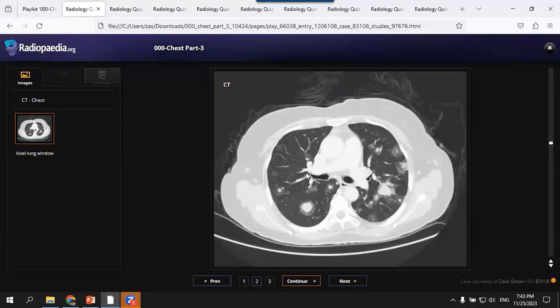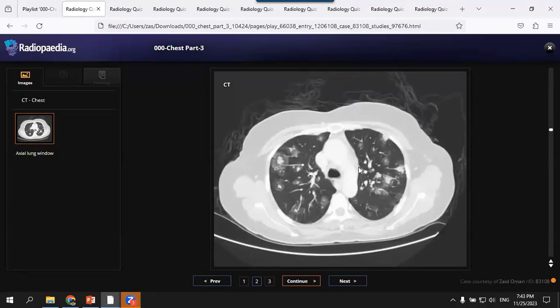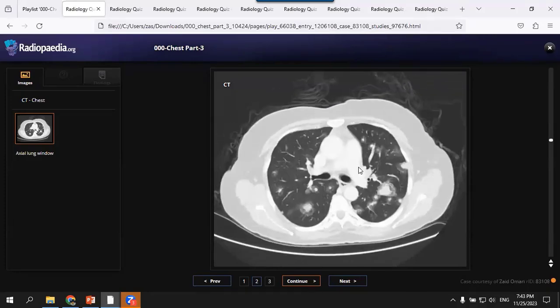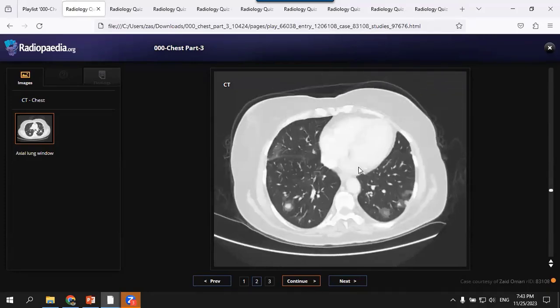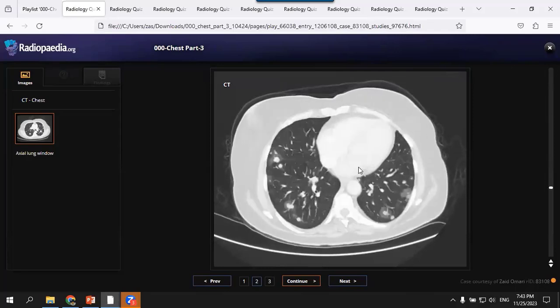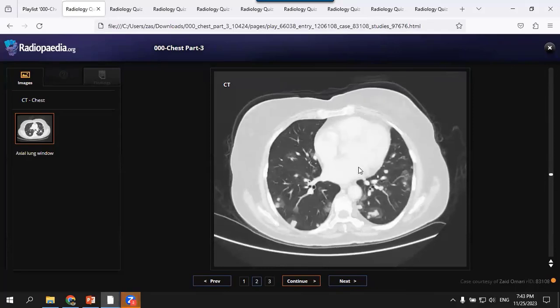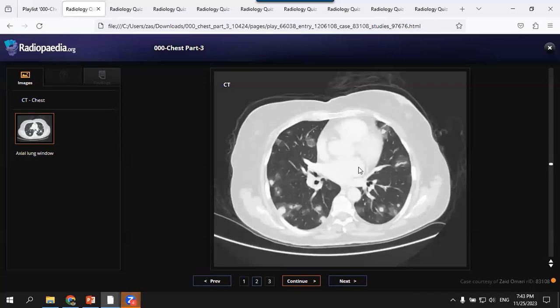This patient's chest X-ray shows multiple nodules. And now, what about the CT? I'm seeing multiple soft tissue density lesions in bilateral lung fields of varying sizes with surrounding ground glass halos. So again, this could represent fungal infection. Another differential could be